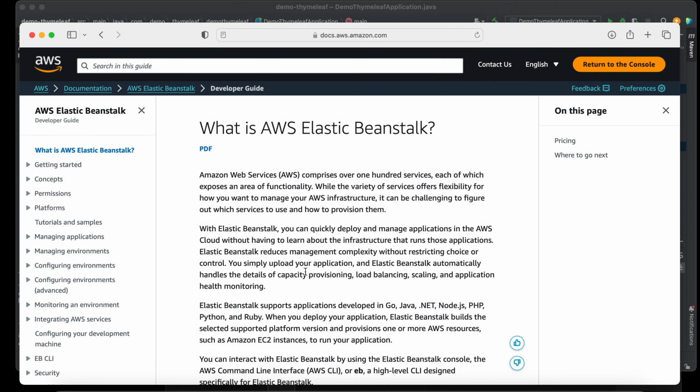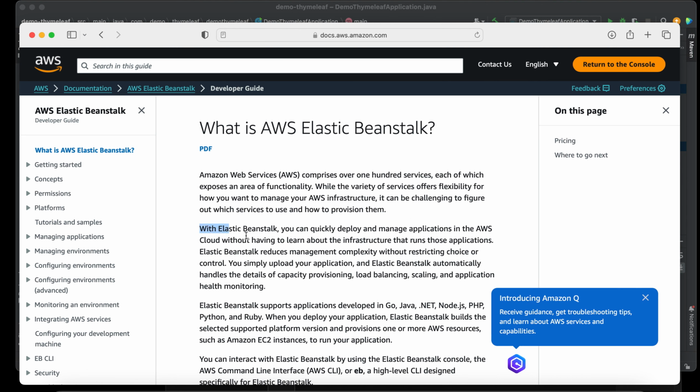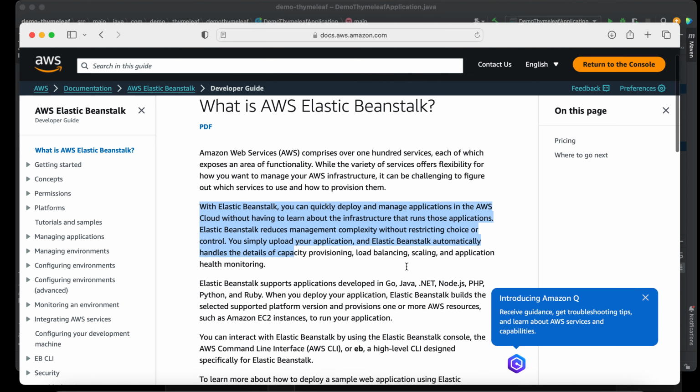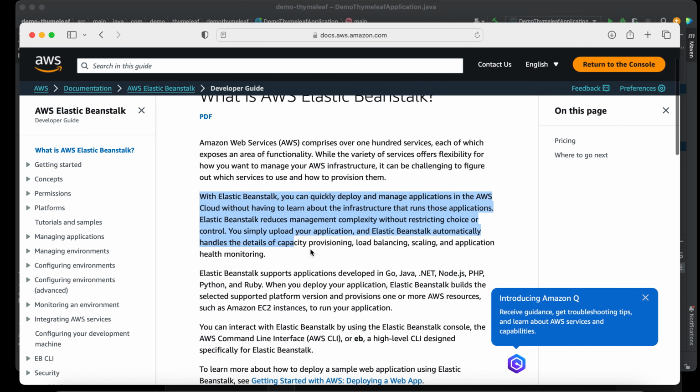As per the documentation, with Elastic Beanstalk, we can quickly deploy and manage applications in the AWS cloud without having to learn about the infrastructure that runs those applications. Elastic Beanstalk reduces management complexity without restricting choice or control. We can simply upload our application, and Elastic Beanstalk automatically handles the details of capacity, provisioning, load balancing, scaling, and